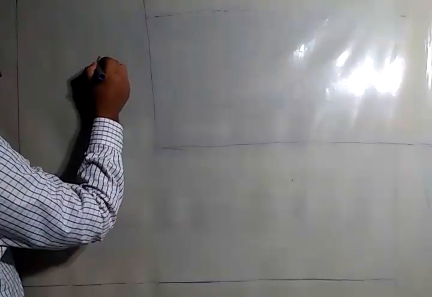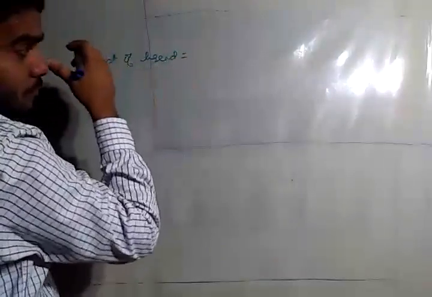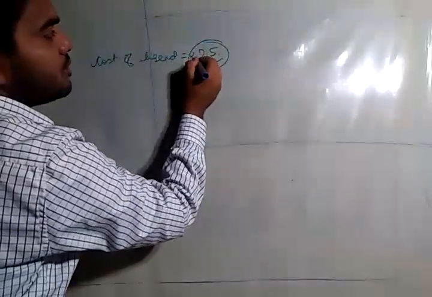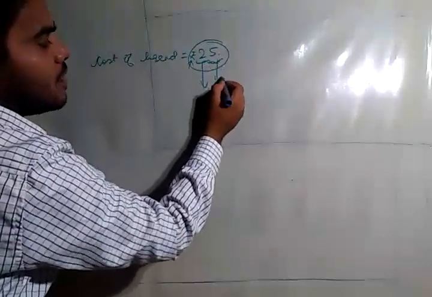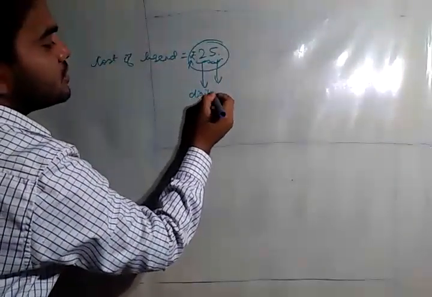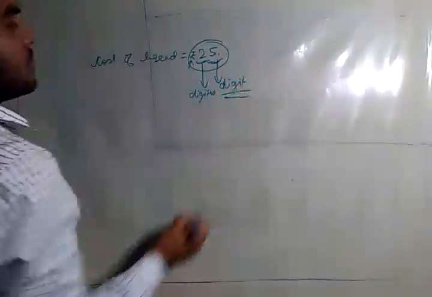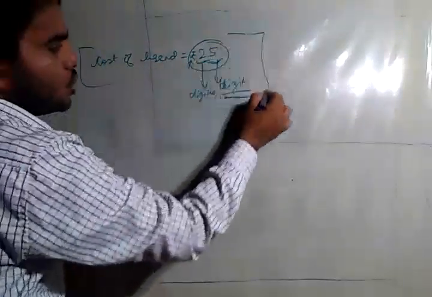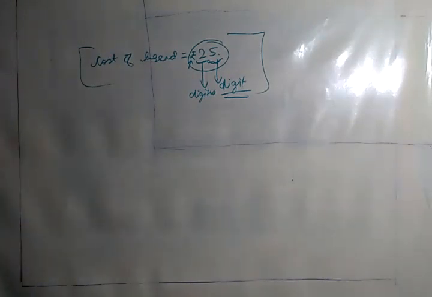Now another example to understand number, like if I write cost of bread is equal to 25. So this is what? This is one number, rupees 25. This is a symbol. Okay, leave it. Now this is 25. Here 2 is what? And 5. These all are called digits. This is another digit. Now I hope you all understood what a number is and how we write a number. A number is written with the help of digits, with a combination of digits.